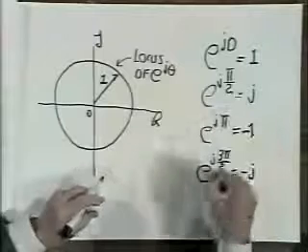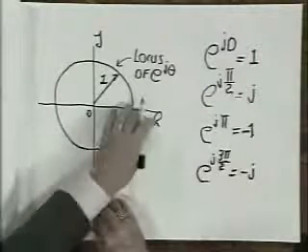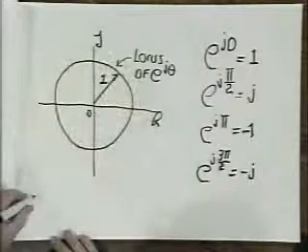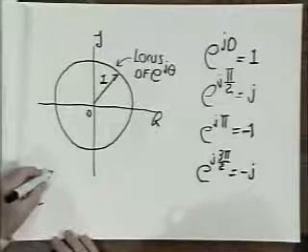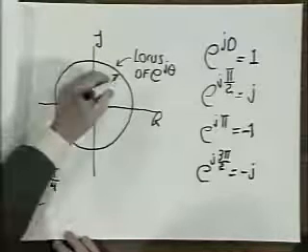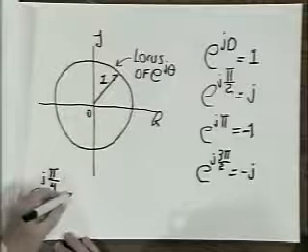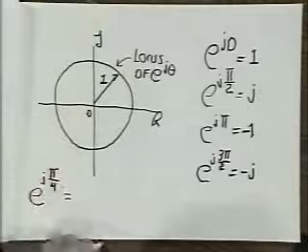Those are relationships which will occur frequently, conversions back and forth between unity and the basis of the complex number system J, which you can think of in terms of the unit circle on a complex plane. Now, if we have a complex number at a different angle, say perhaps e to the j pi over 4, which corresponds to 45 degrees, about as I've drawn this, then this can be written in rectangular form as 1 times the cosine of pi over 4,